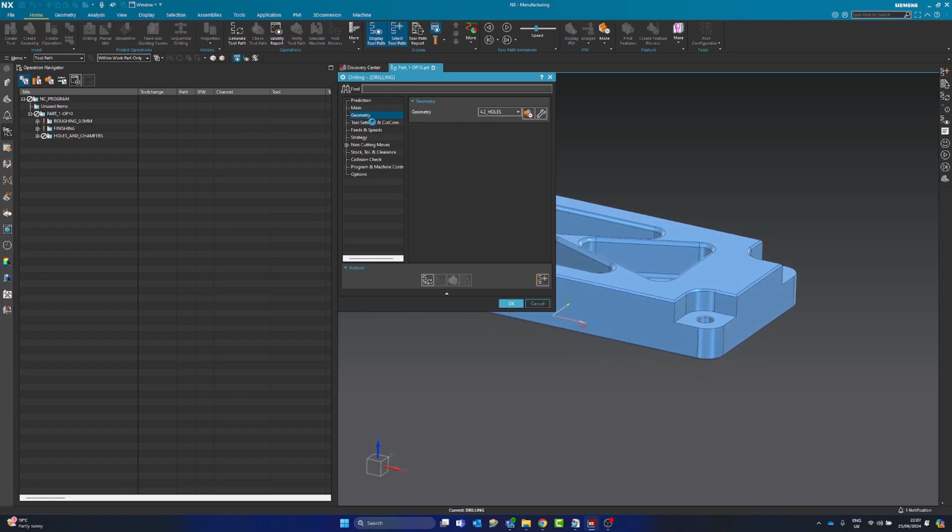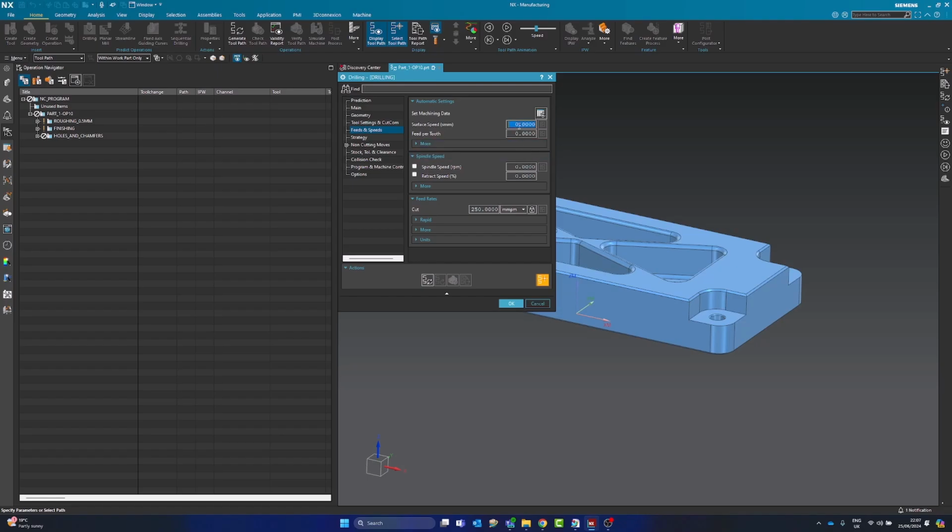Geometry, that's okay, we've set that before. Tool, that's all set. Feeds and speeds. So this is where, whenever I use drills, I always use surface speed and feed per tooth. So for a 4mm drill, I would be at something around 100. So I'd type in 100 and then hit this button